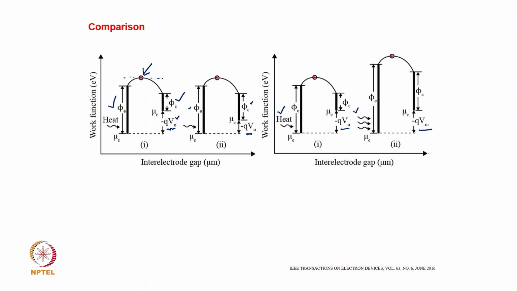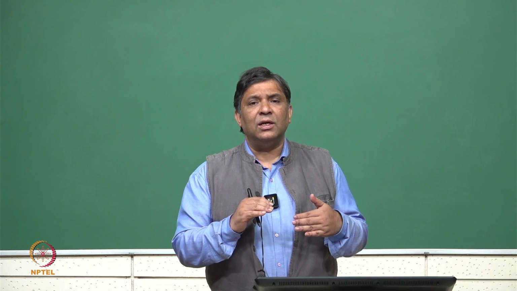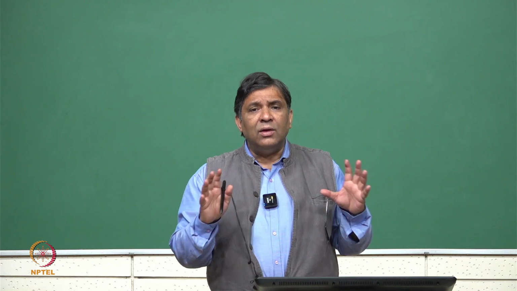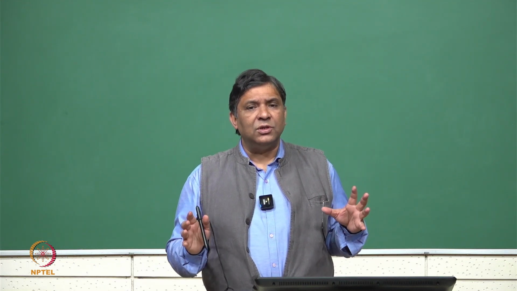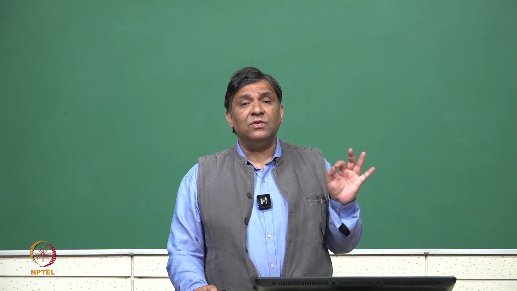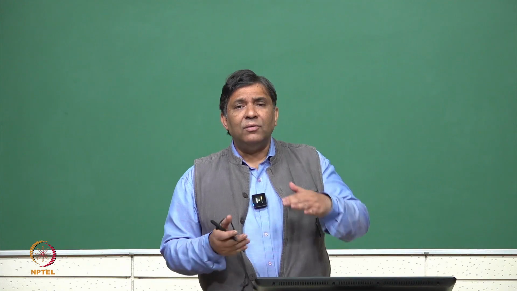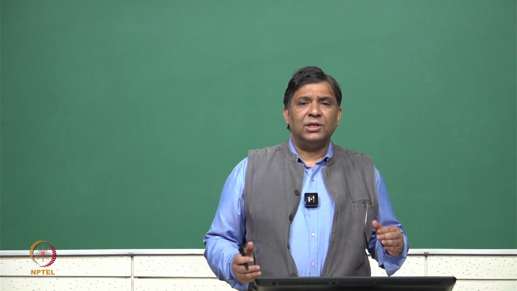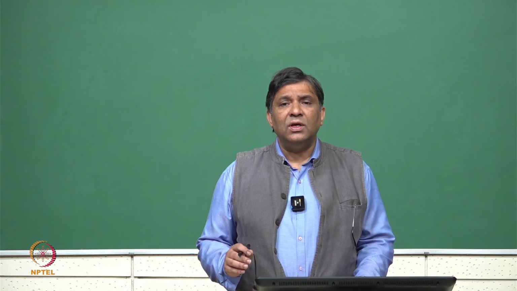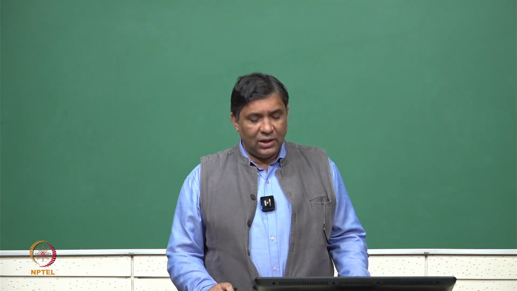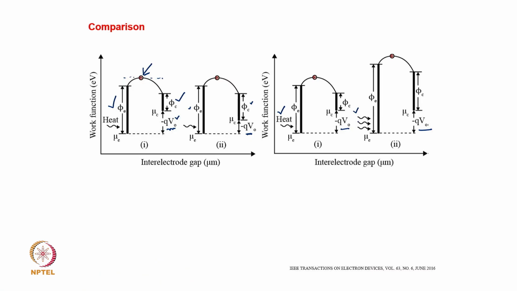So, two things you control here. One is that if I vary the work function of the emitter and collector, I can vary the outside voltage that is generated in the circuit. In this case, I keep the heat exactly the same, and now if I change the work function of the emitter, then we see that for the same amount of voltage to be generated in the outside circuit, we need to supply more heat.